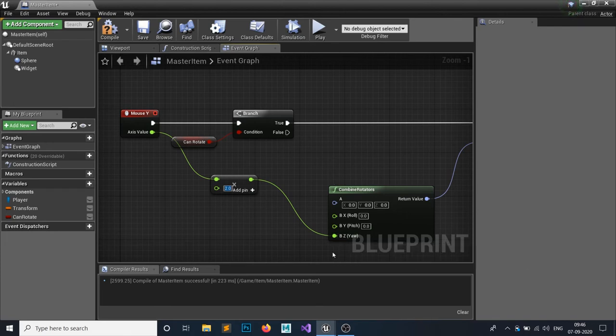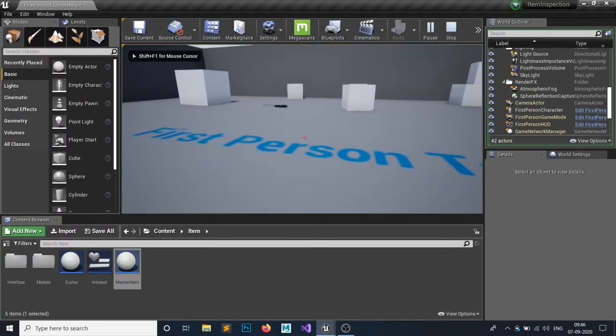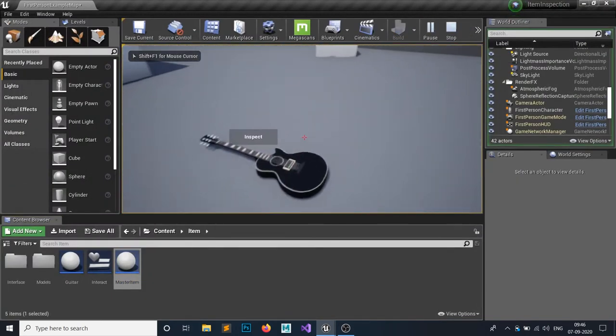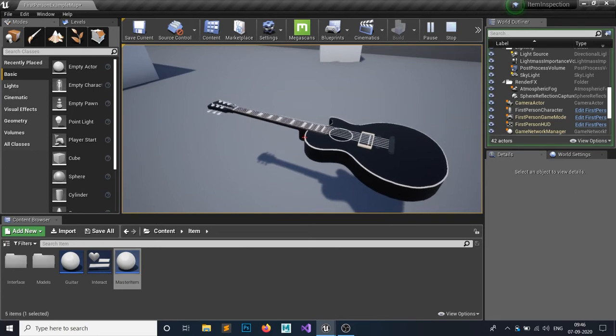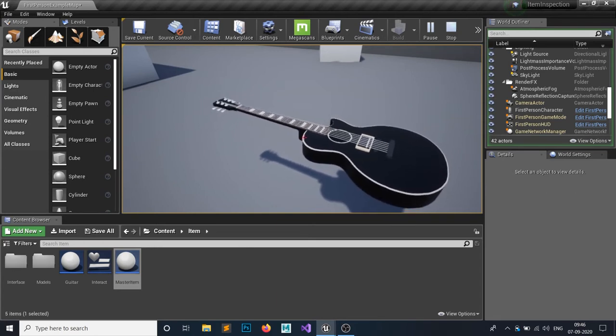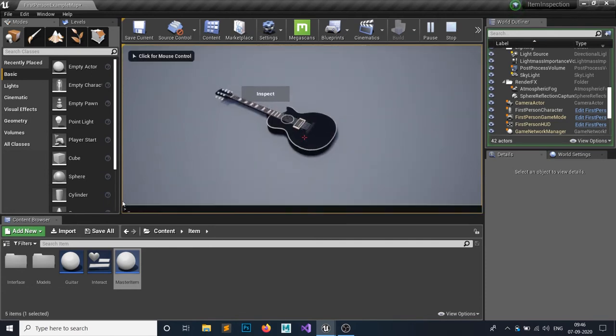Attach this to your pitch, not your yaw. So how are we going to attach this? Hold down the Control key, click on this, and you can see this is now detached, and attach this to pitch. So compile and save, and let's see if it's working or not. So play. If we go to here and press E, this is going to work. And now if I click, then I'm going to rotate this wherever I want. Just click, and why is this not rotating? Okay, let's see wherever we messed up.